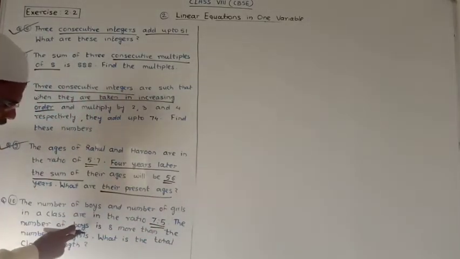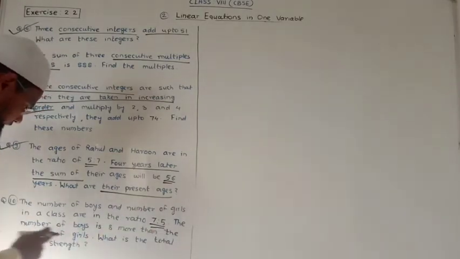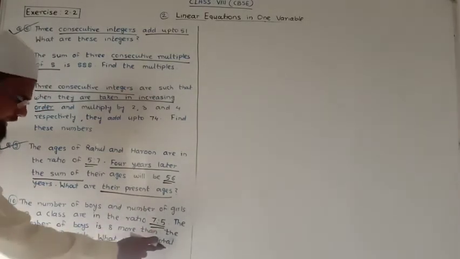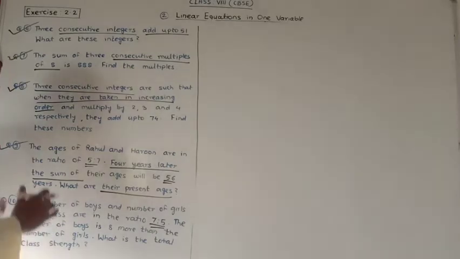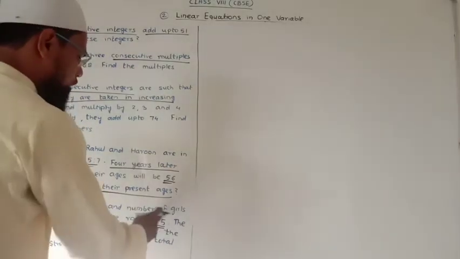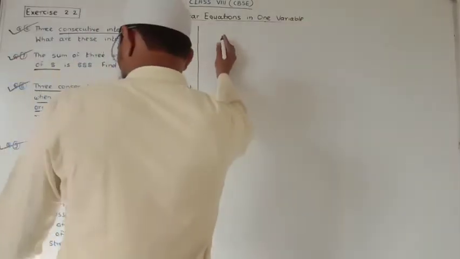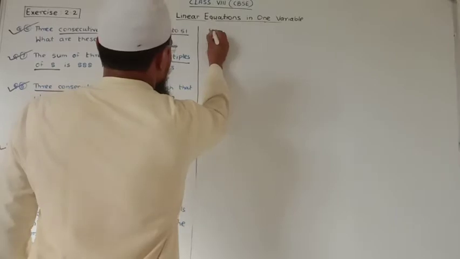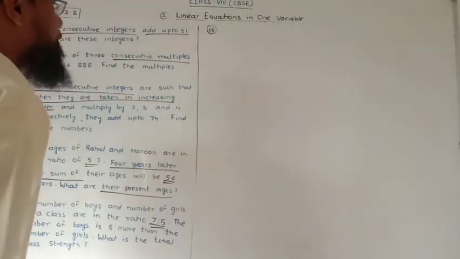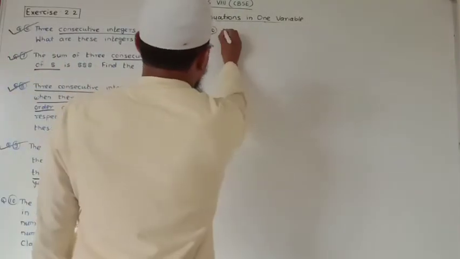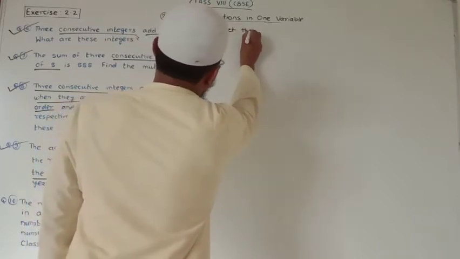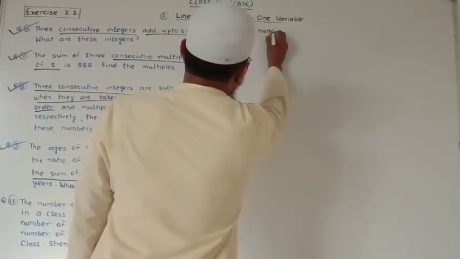The number of boys is 8 more than the number of girls. What is the total class strength? So again the question is in the form of ratio. So first we consider the ratio. The solution of question number 10 is, let the number of